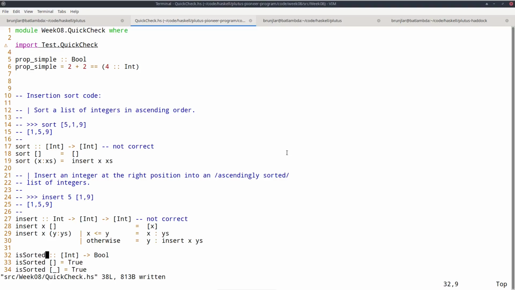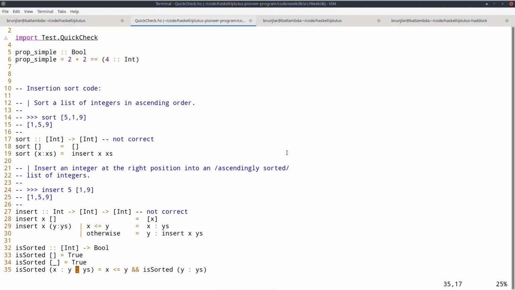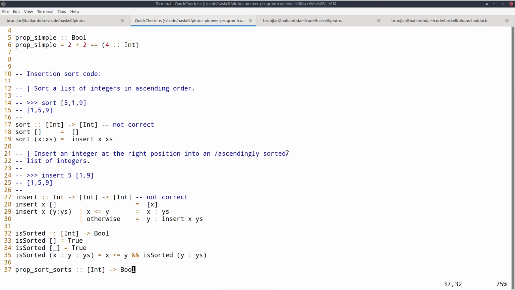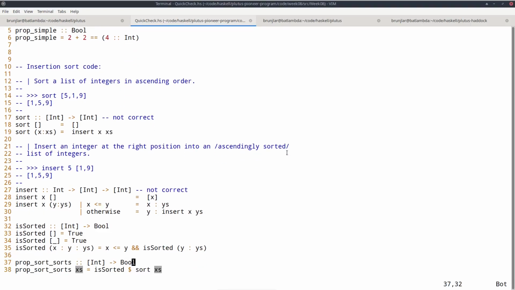So I define a helper function isSorted that checks whether a given list of ints is sorted. So the empty list is sorted, a one element list is sorted, and a list with at least two elements is sorted if the first element is less than or equal to the second element, if recursively the tail of the list is sorted. And using that, we can now provide a QuickCheck property like this, that is not simply of type Boolean, but instead is a function from list of ints to bool.